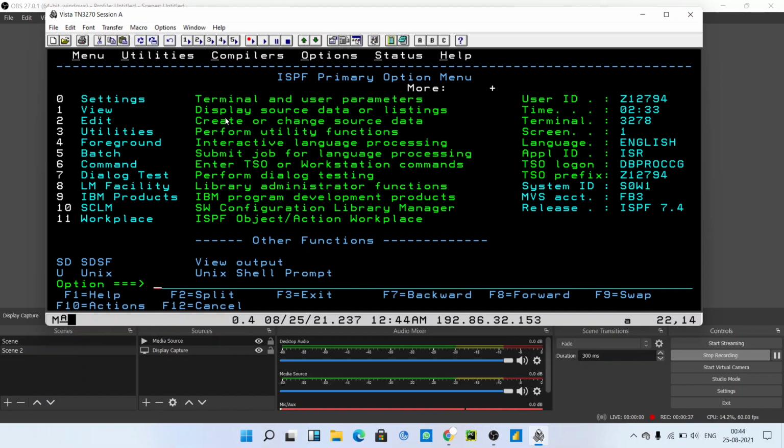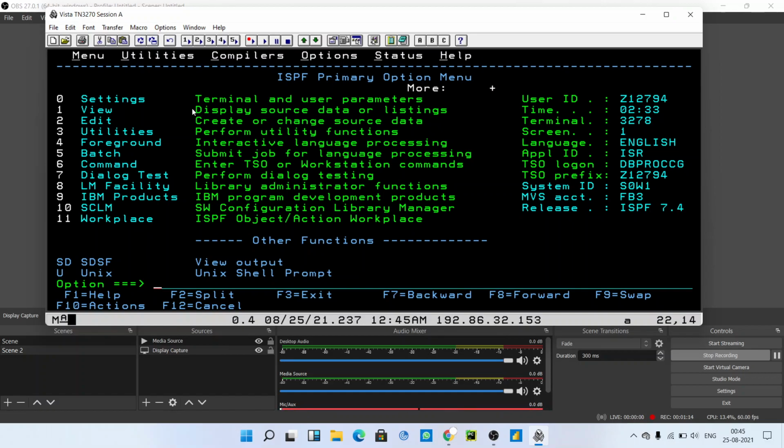A PDS file is like a folder in our Windows, and in a folder we store Word files, Excel files, or PPTs. It's like that. In mainframe we use the PDS to store the PS file. Yes, we can create a PS file without a PDS file, that could be done, but if you have to store a number of PS files in a particular folder, for that purpose the PDS file is created.